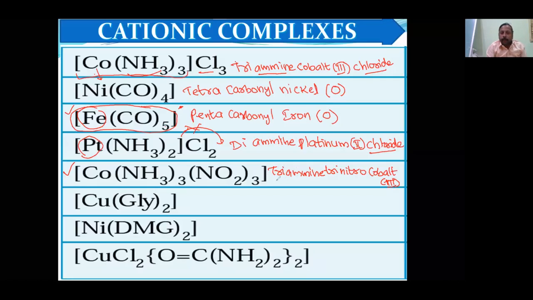Okay, this is the name here: triammine, trinitro, cobalt 3. Now, some people have still written cobaltate. Now, this is neutral. For neutral, the metal name should not end with ate. For negative, it should end with ate. For the left side, it should end with cobalt. Okay. Now, let's see the next one. Start answering yourself for this one, then cross check with my answer.